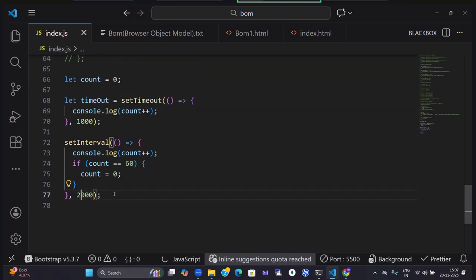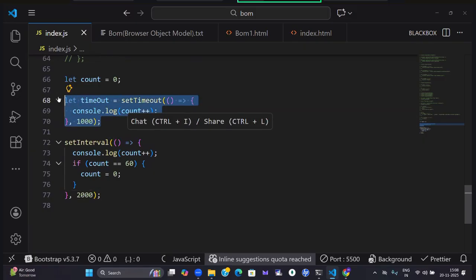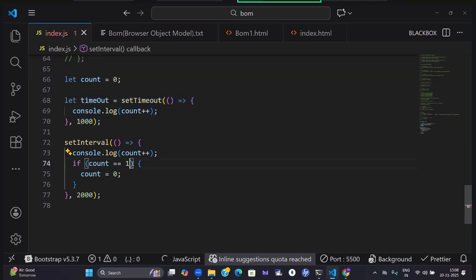So how are we clearing that one? Now after 1 second you can check, it will work again. It will not work again. Then what is the exit case? Then we can remove that one, right? So what I'm doing here: if the count is equal to 1,